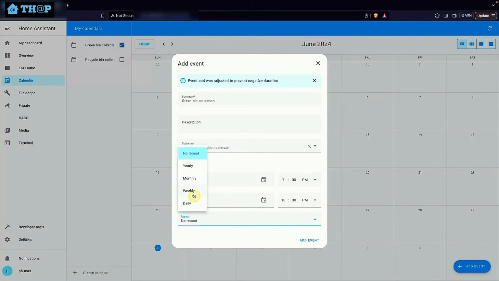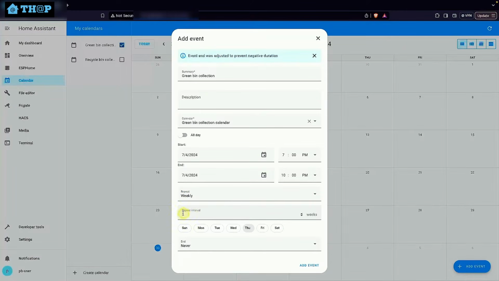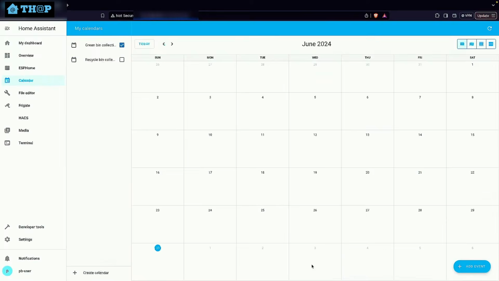And I want it to be repeated weekly, and the interval is twice. So in my case, every 2 weeks we have the green bin collection, and every 2 weeks we have the recycle bin collection on Thursdays. So that's what I'm setting it here, and let's hit add event. So you'll see this event has made an entry, and double check that it is a recurring event. Yep,